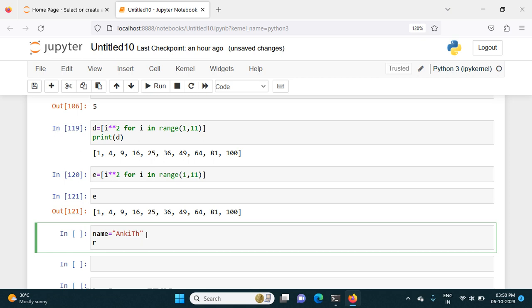We'll give the list name as R is equal to I. I want to print I because it checks each as I in uppercase. So I use for I in name,